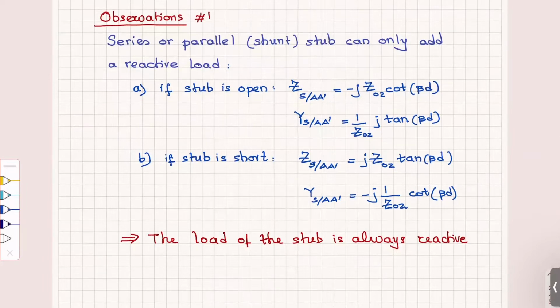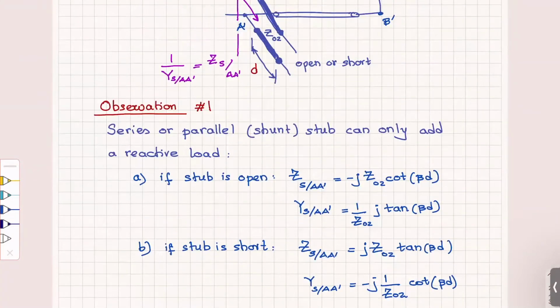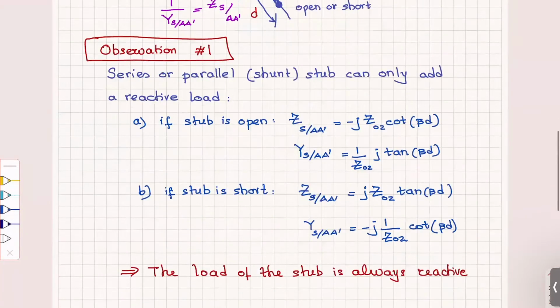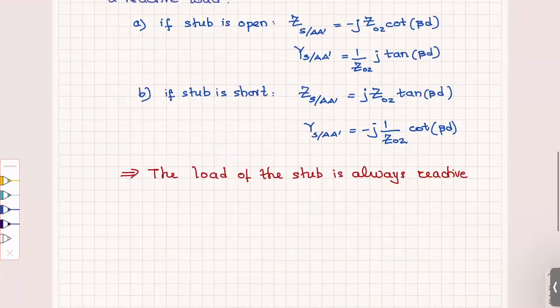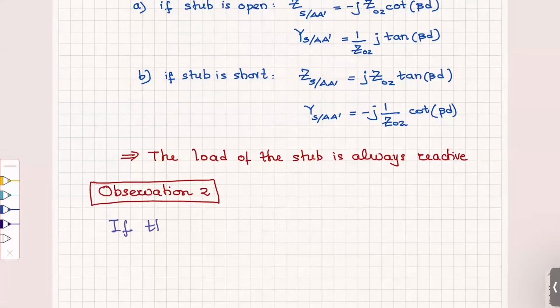So observation number 1. Observation number 2. Let me put them here. You don't have to write these observations in your solution. I just write them to help you practically. So observation 2 is, if the stub is a shunt stub or a parallel, which means connected in parallel,